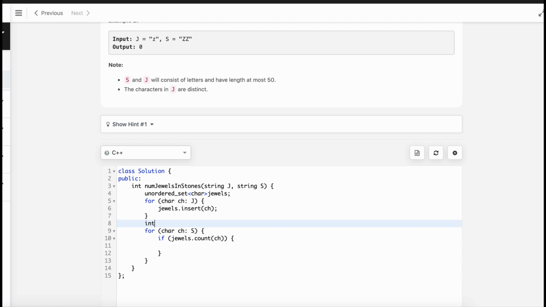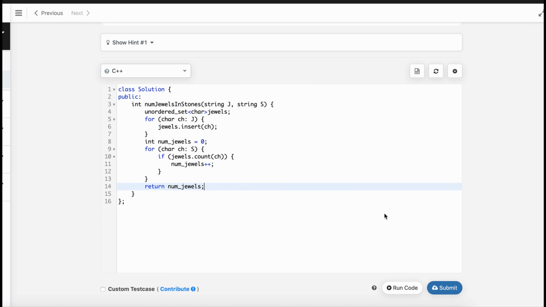Say our counter is numJewels, 0 initially. We will increase the number of jewels in stones by 1. Let's run the code.